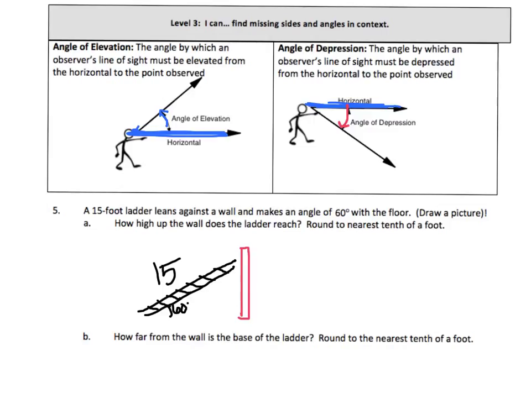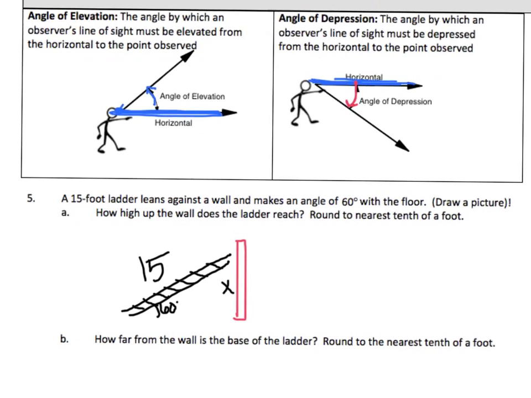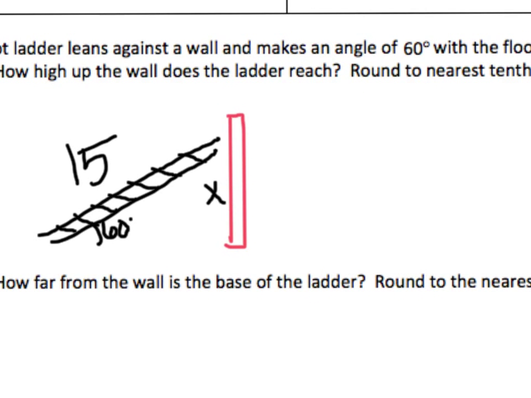How high up the wall does the ladder reach? So I'm looking for that distance right there. If I look at this, hopefully you see a triangle. You've got 15 the hypotenuse, you've got one side that's x, and the ground that's unknown, and you've got an angle of 60. So if I redraw this triangle,